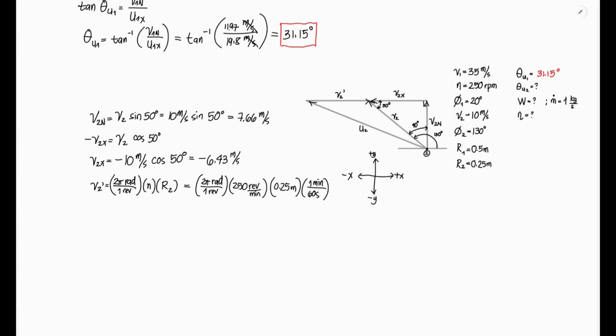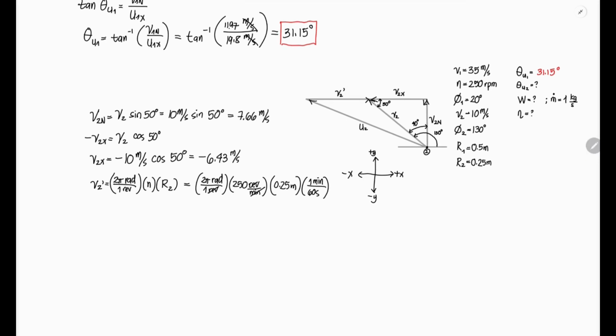So to perform cancellation of units, so yung revolution natin magka-cancel, yung minute as well. So pag multiply natin yung meter into rad, magkakaroon ka ng meter per second. So that is V2 prime, the linear velocity of the angular velocity at point 2. V2 prime is equal to 6.54